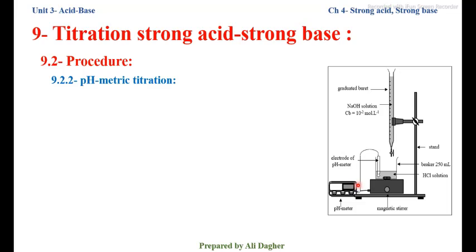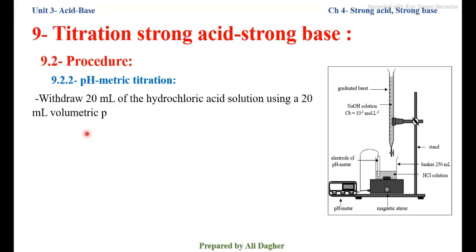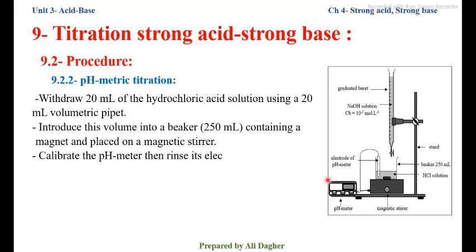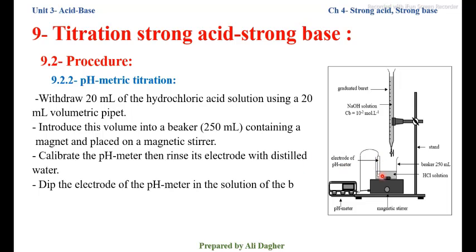of the titration. The procedure is: first, withdraw 20 ml of the hydrochloric acid solution using a 20 ml volumetric pipette. Second, introduce this volume into a 250 ml beaker containing a magnet and placed on a magnetic stirrer. We calibrate the pH meter to measure the pH correctly. Then we rinse the electrode of the pH meter with distilled water. We dip the electrode of the pH meter inside the solution